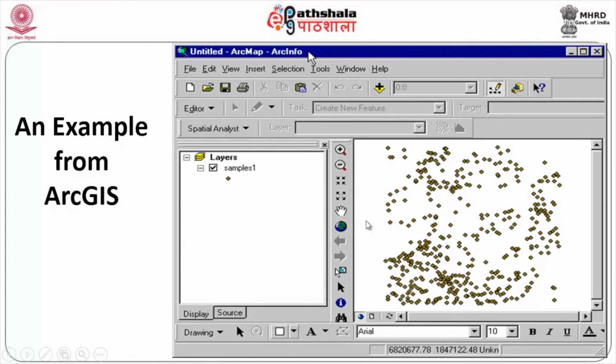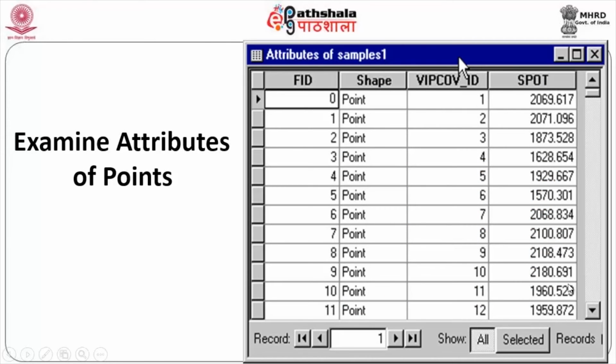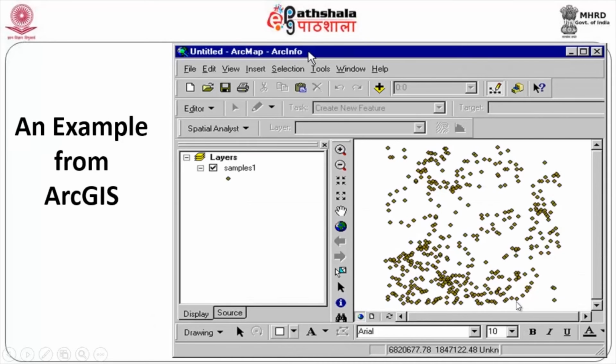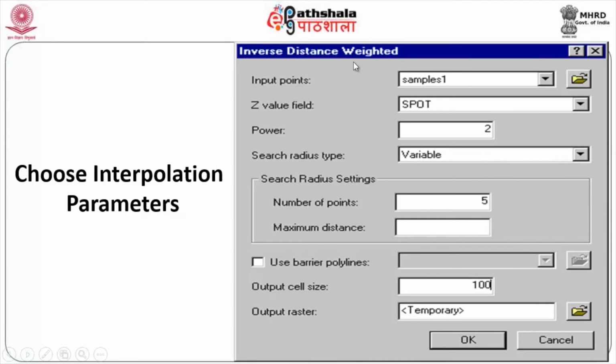This I have just taken from ArcGIS, one simple example to make you understand. These are the various points which have been selected, and for each we have given the spot values, very simple attributes. These are the various points and these are the spot heights or values. The IDW method, or inverse distance weighted method: how to interpolate the value? Obviously, the system will ask you for the points. I have given from the layer samples 1, I give the field name spot, and I can decide what the power could be,